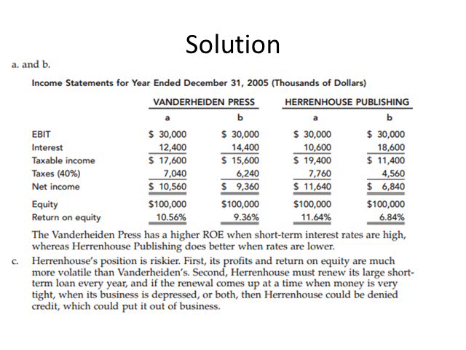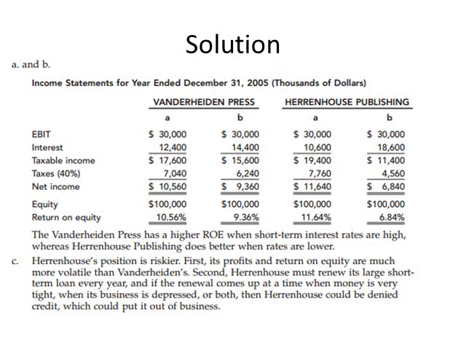وهكمل نفس الخطوات، هطرح ده من الإبت واحسب التاكس، وفي الآخر هطلع الريتيرن اون ايكويتي اللي هو 6.84. If you look at the answer, you will find that in the case of the interest rate, like he wrote for you here, the Vander Hidden Press has higher ROE, which is 10.56%, and has higher in the second case, which is 9.36%, and in the other company is 6.84.